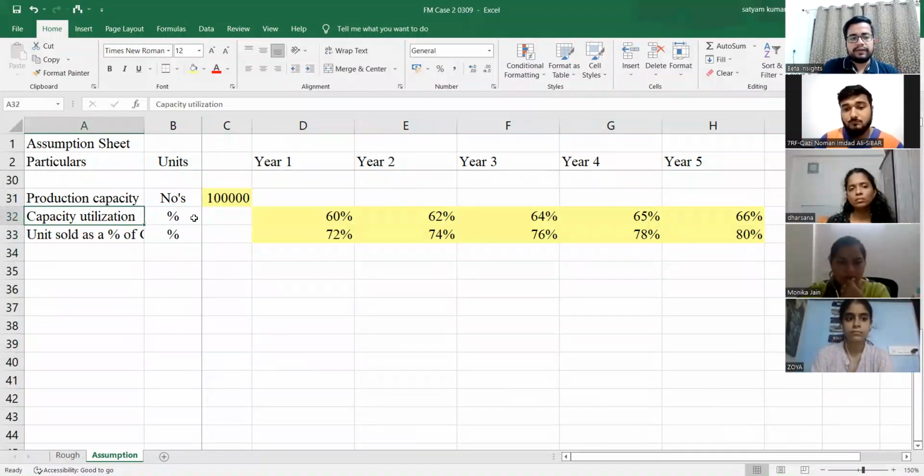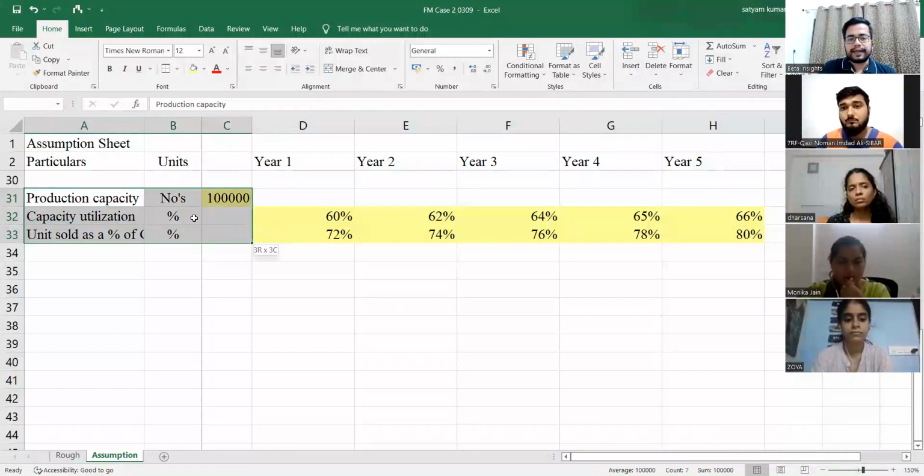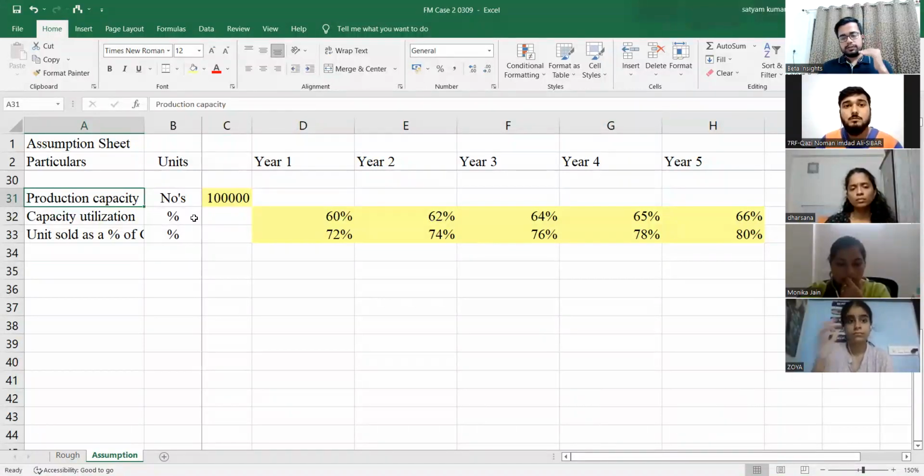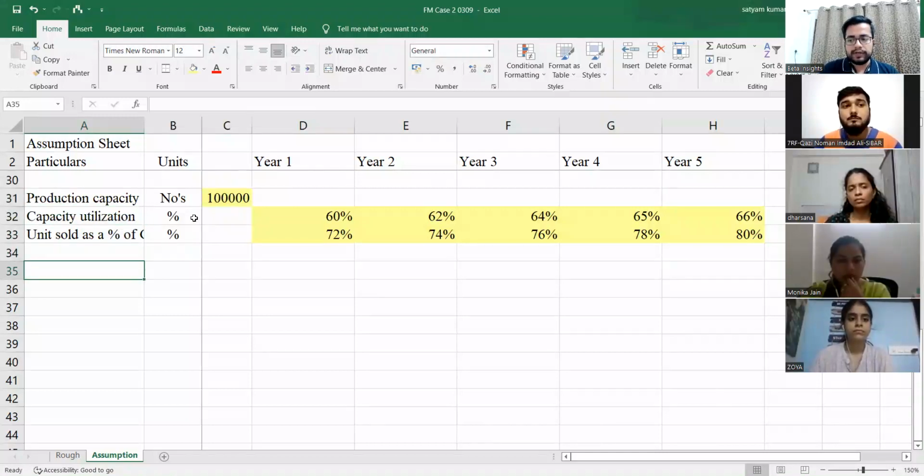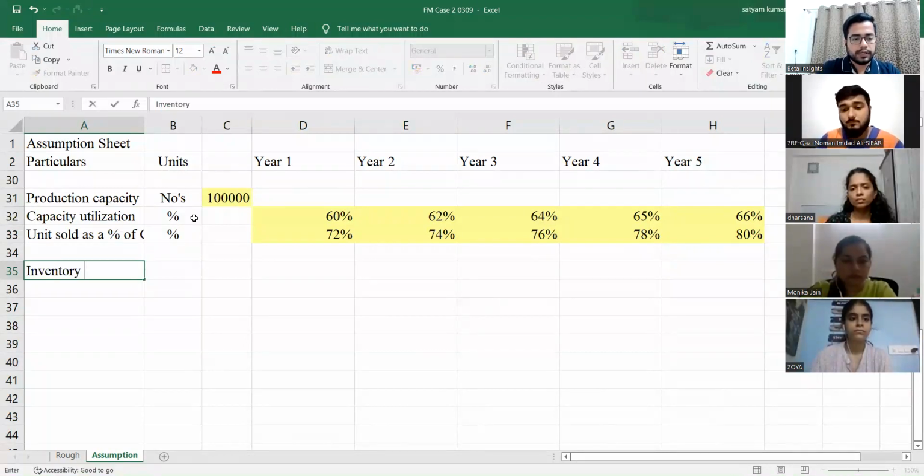So we have a number, and with the help of this we can calculate how many units we have produced. And then we have pricing: labor cost per unit and raw material cost per unit. If we combine labor cost and raw material per unit with the number of units we produced, we can arrive at cost of goods sold. So that's why the first thing is that we are going to make the inventory schedule. We are going to figure out how many units we are producing. Inventory